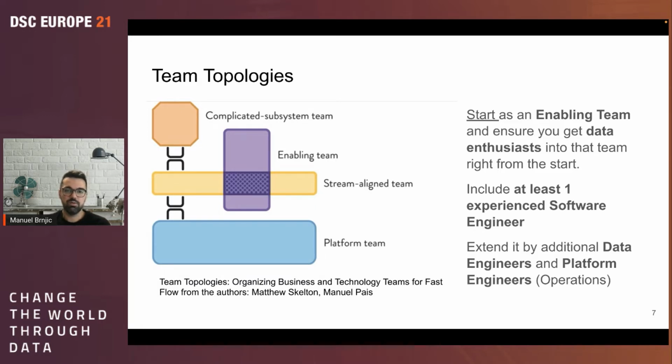They have to play the role to come to another team and first of all help them. How do you program? How do you create data products? How do you implement your microservices in a way that not just a feature for the user interface at the very end pops up for the end user, but also valuable and reliable data sets that can be consumed by data scientists, by data analysts? And more on that on the next slides.